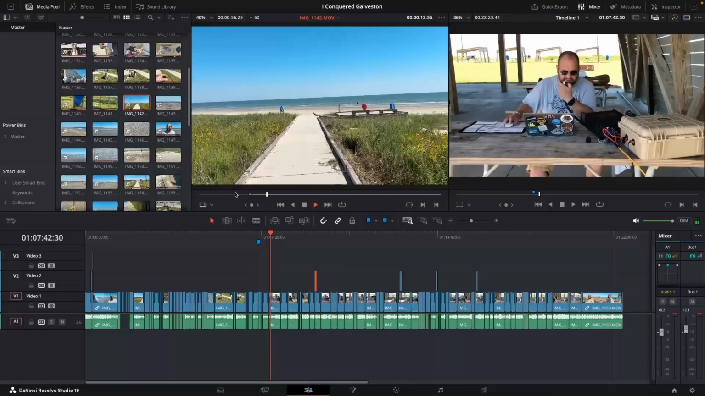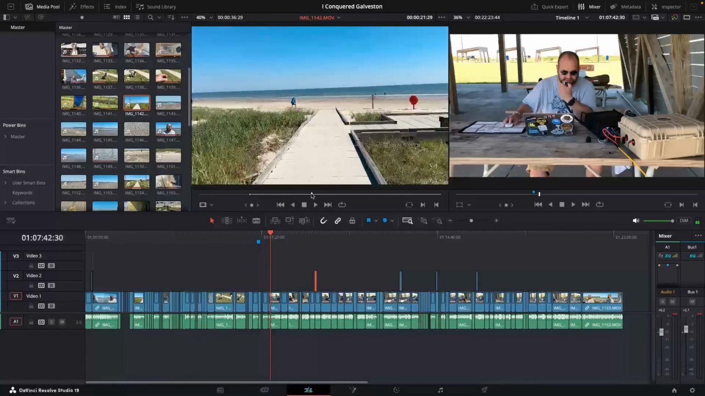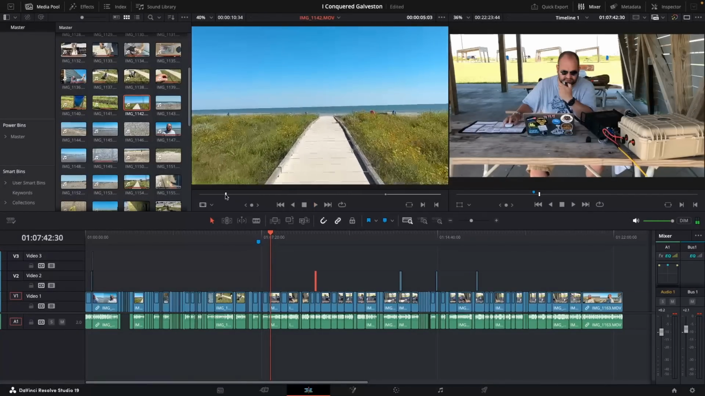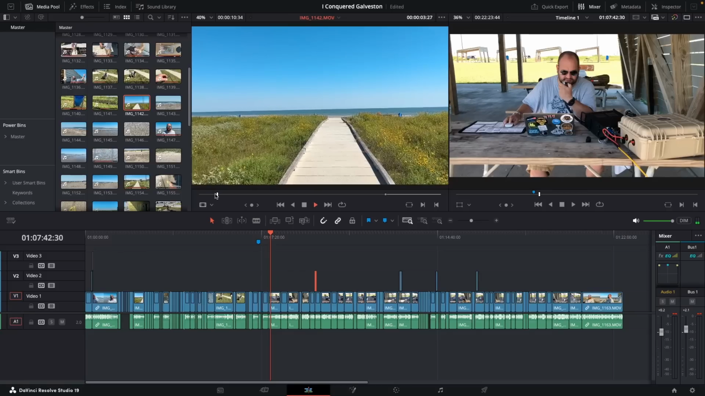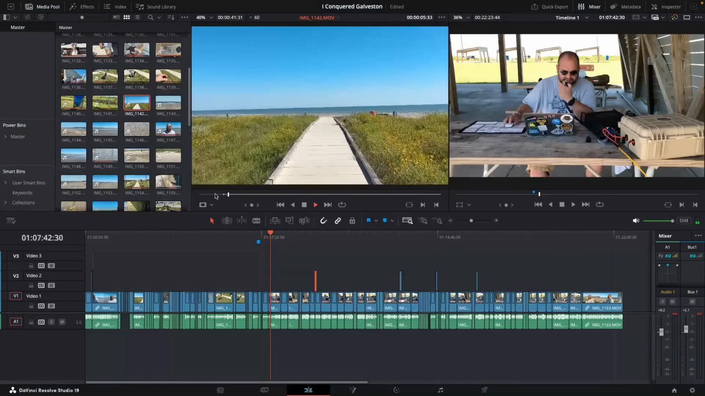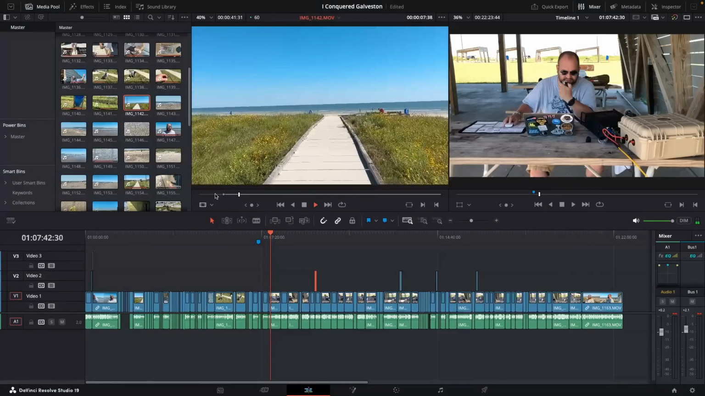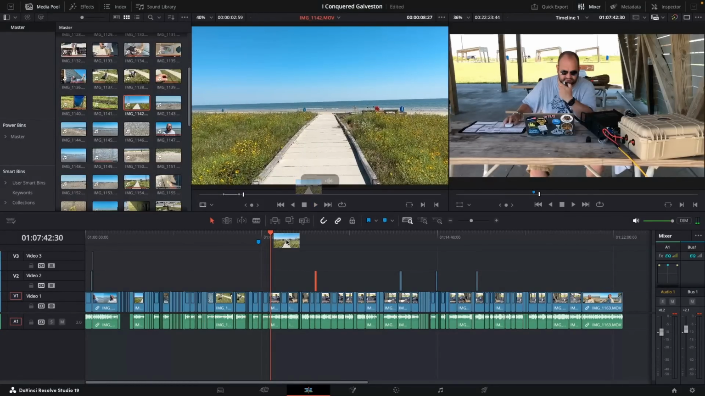Something like this, just showing walking out to the beach. Maybe I'll go a little bit further up. And I might actually use more of this in other places, or just chop it up a bit. So maybe a little bit of this, a couple seconds there, hit an in and out, drag it down into